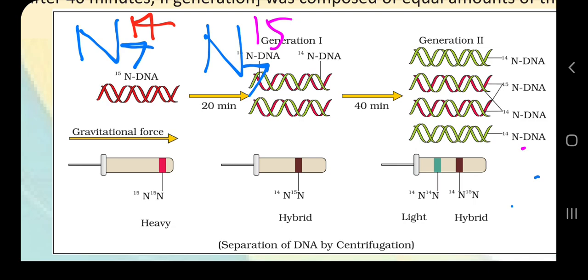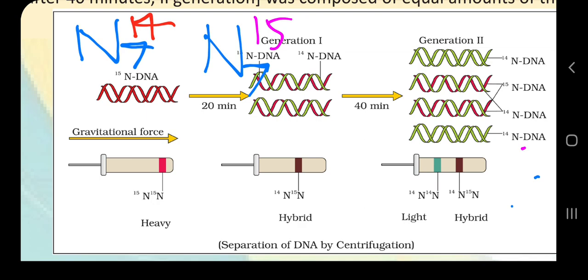As I previously described, if there are 6 protons, it will be carbon. If there are 7 protons, it will be nitrogen. If there are 8 protons, it will be oxygen. So removing or adding a proton will change the identity of the atom, but removing or adding a neutron will not change the identity of the atom. It will only change the weight or mass of the atom.